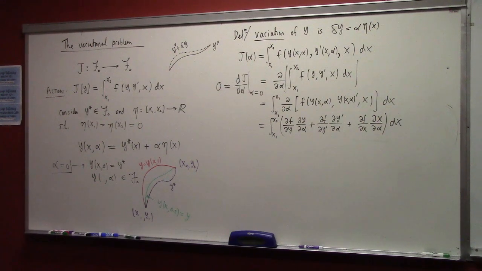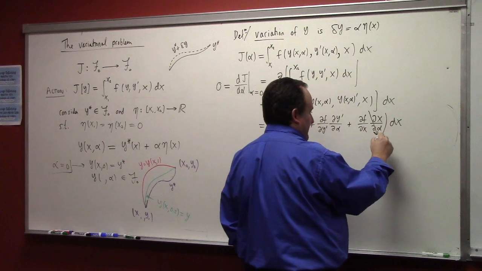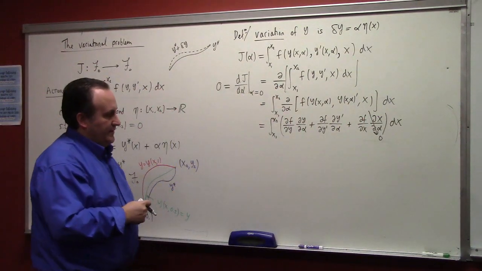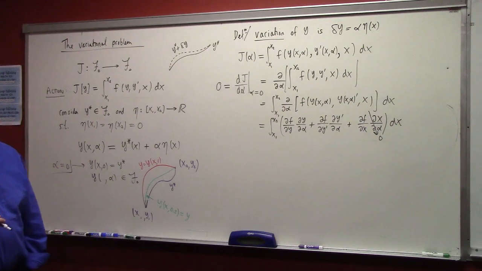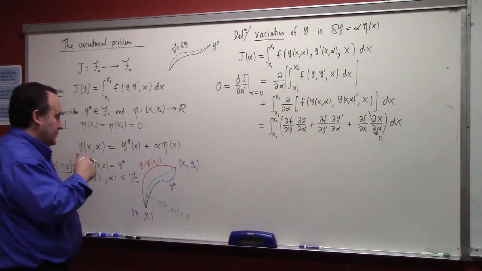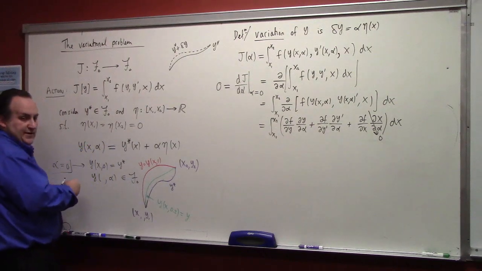But partial x partial alpha is by assumption 0, right? We're not varying x under the variation at all. So this is 0 by construction. All right, there's nothing to think about there. But what about the others? What's partial y partial alpha, and what is the other one? So okay, there we just need to go back to the setup right here.